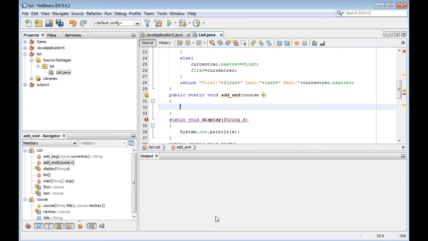Okay, so we have add end, and in add at the end we check if last is not equal to null.